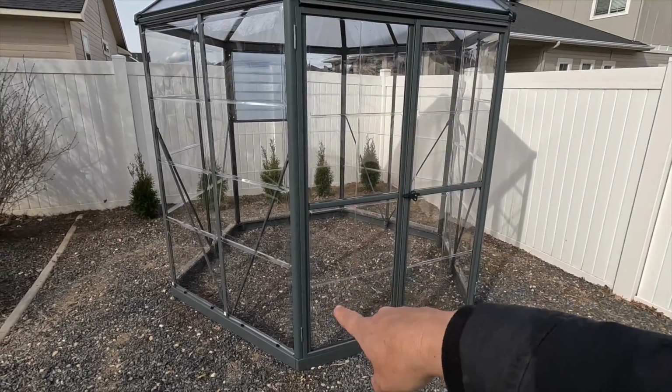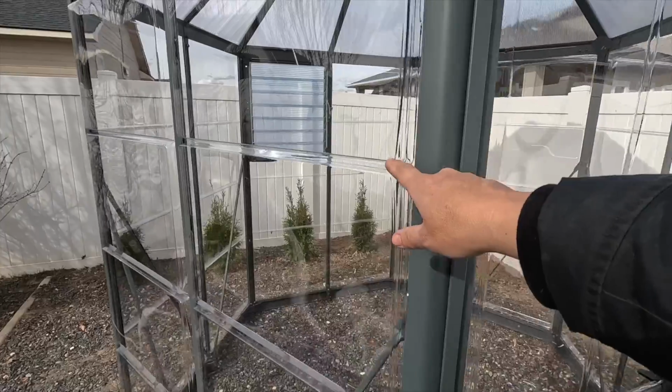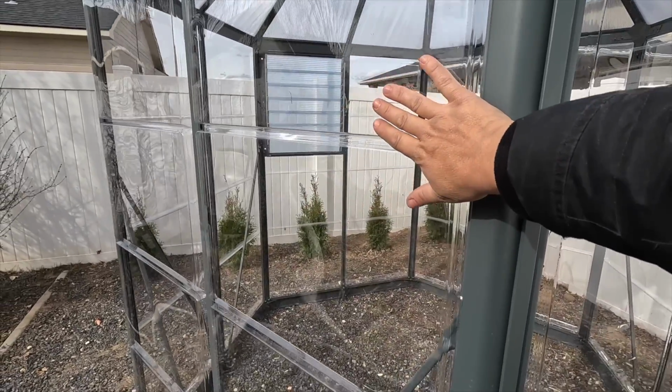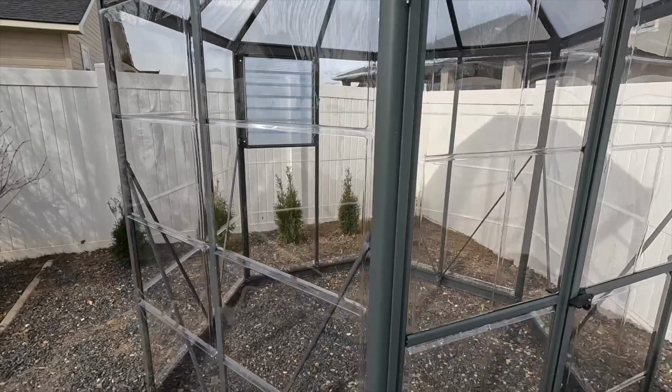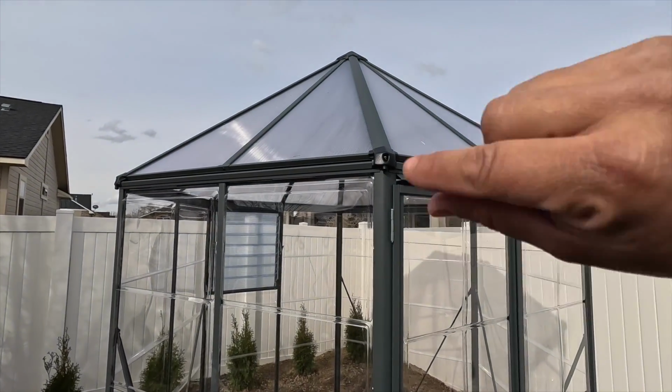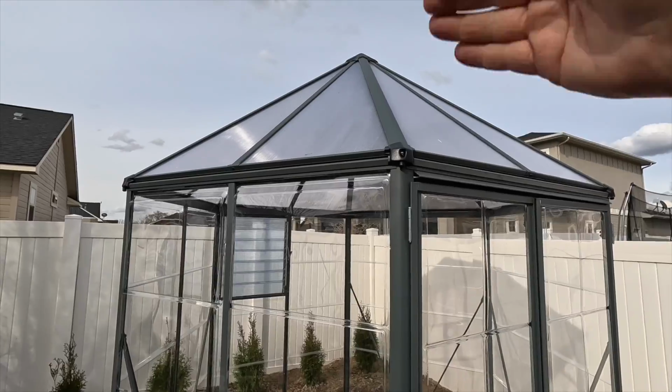The frame is aluminum. The siding is polycarbonate that's 100% UV protected. It allows 90% of light through. You can see it's very clear. You can definitely see through it. But the roof pieces are double walled, so they offer a little bit more protection from sun blasting